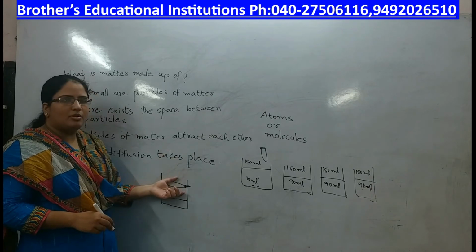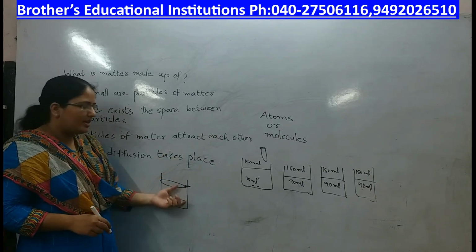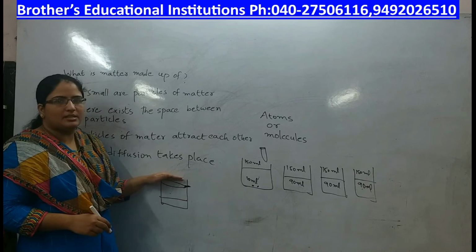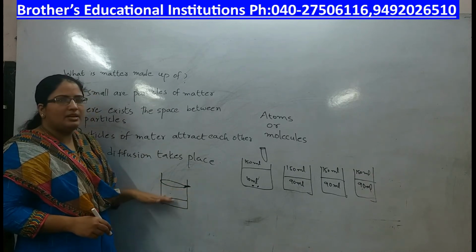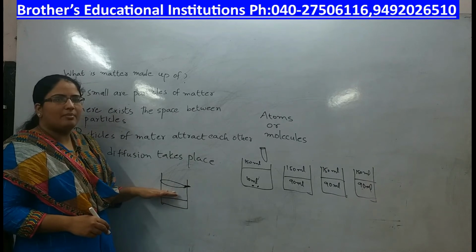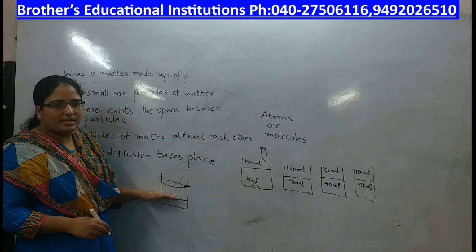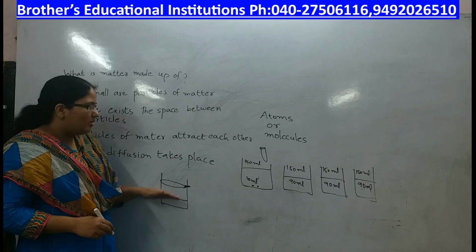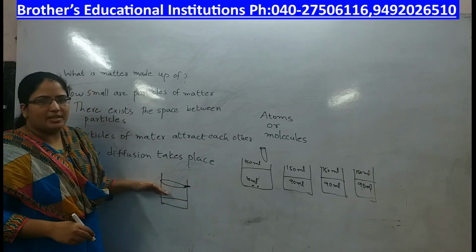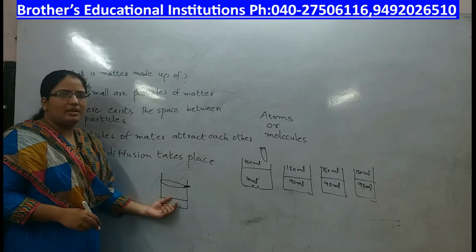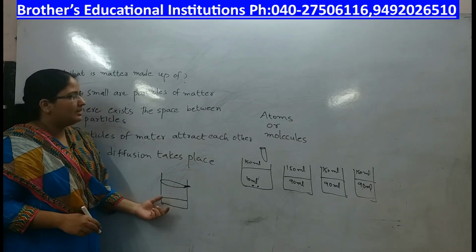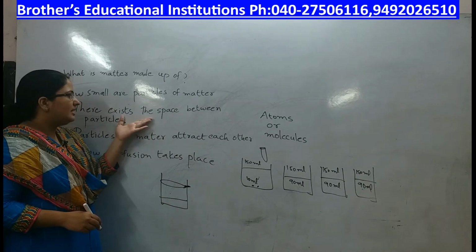Further, you add one more spoon of salt. Still you can see that the water level does not rise. The water level begins to rise only when all the space in the water is completely occupied by the salt particles that you have added. So what do you understand from this activity? You understand that there exists some space in between the water particles. That is about our third topic.